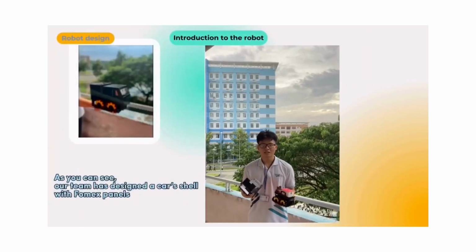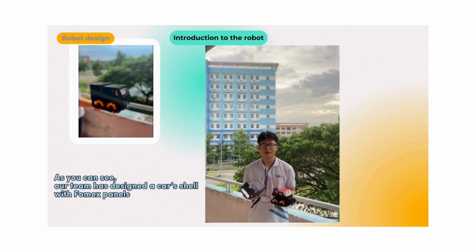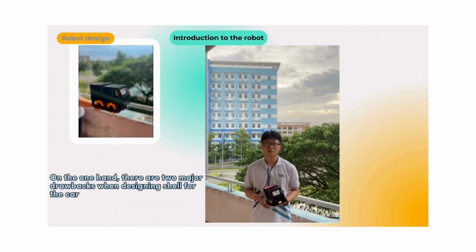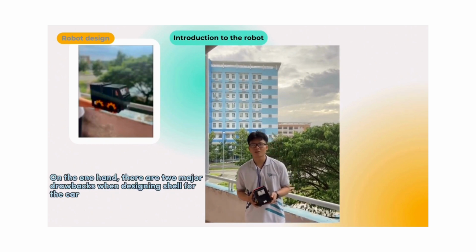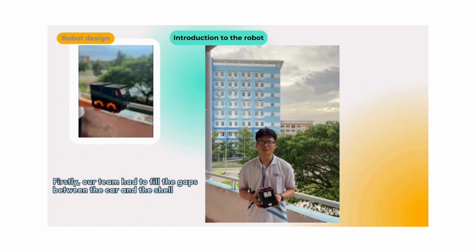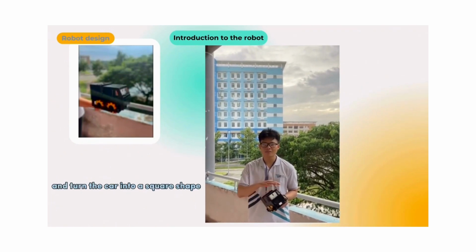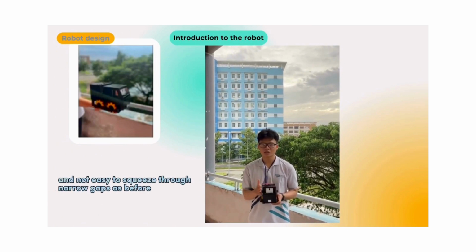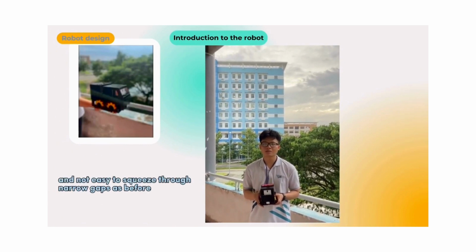As you can see, our team has designed a car shell with foam panels based on the shape of a real-life truck. On the one hand, there are two major drawbacks when designing a shell for a car. Firstly, our team had to fill the gap between the car and the shell and turn the car into a square shape. Due to this, the car is not slim and not easy to squeeze through narrow gaps